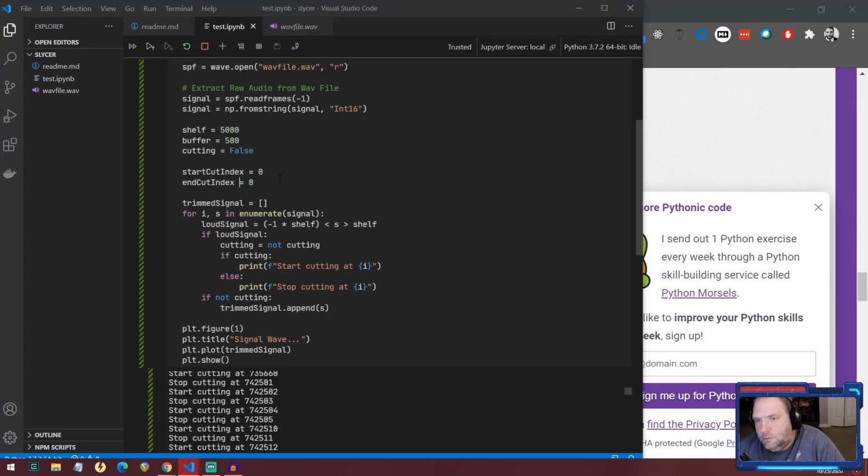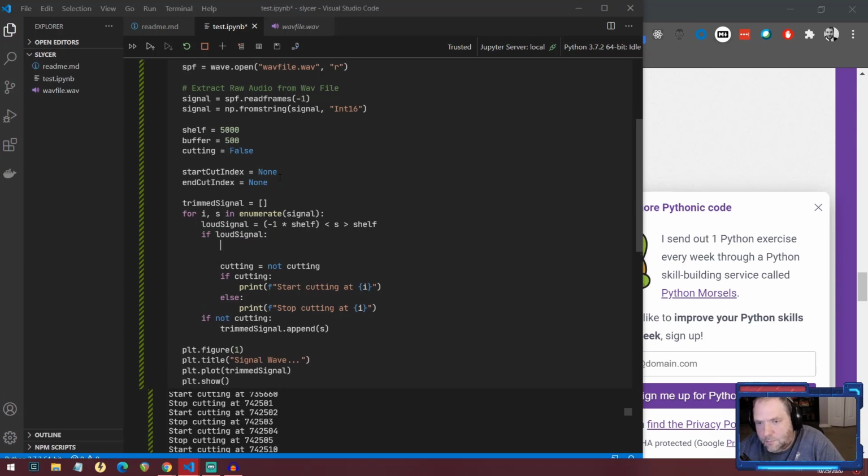What do I want to do here? Almost kind of just want to say null. I thought I have a null. None. No, if I see a loud signal, if start cut index